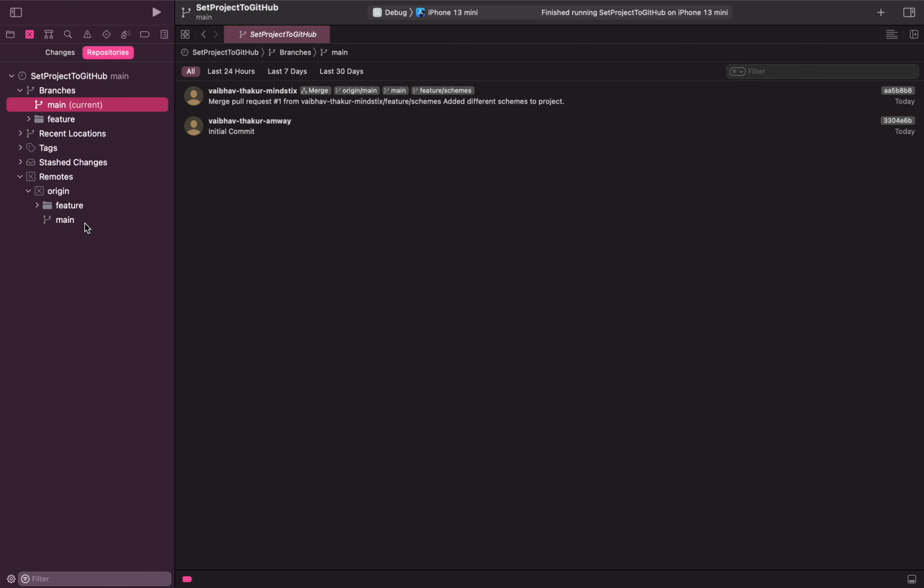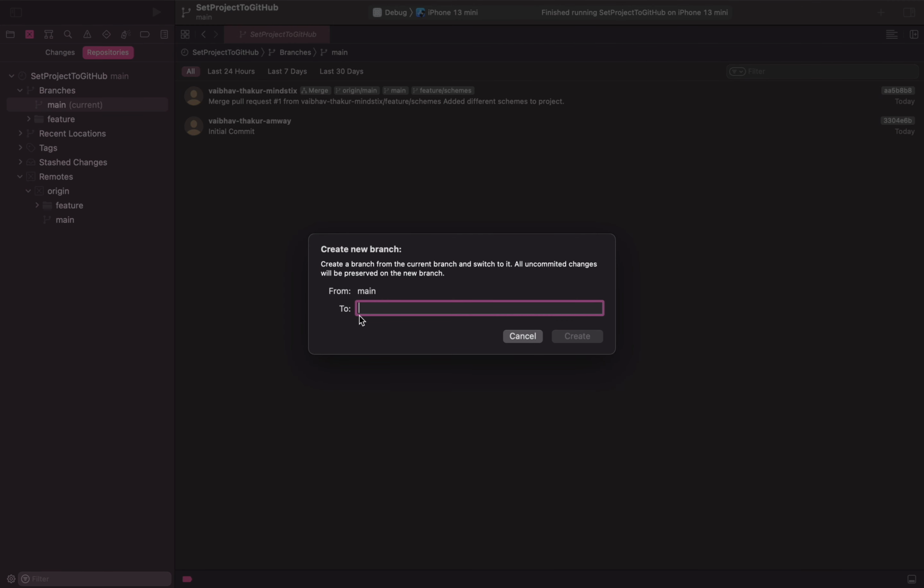To create a new branch, at the bottom left corner you may find a little settings symbol. Just click on that, and the first option there is new branch from main branch. Click on that and enter a name for your branch. It will create another separate branch from our main branch. So let's do that. Let me type a name: feature, and I will call it unit testing.